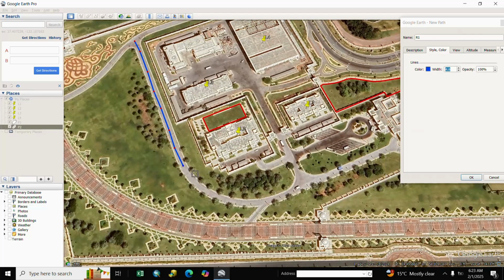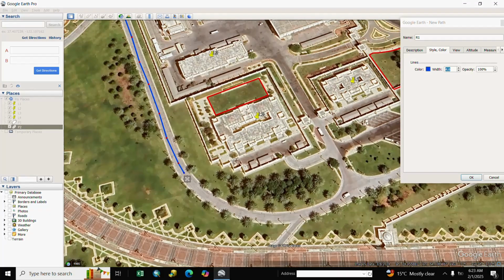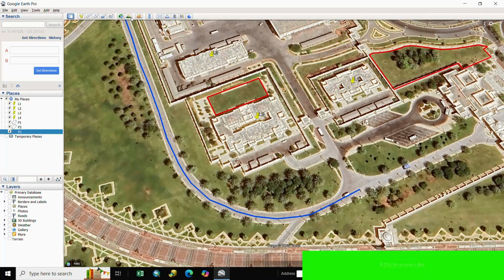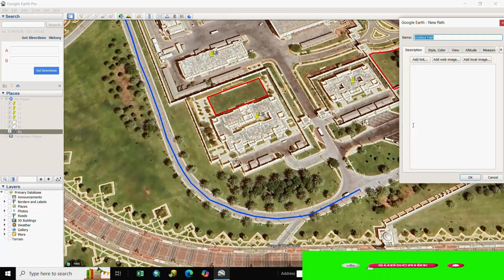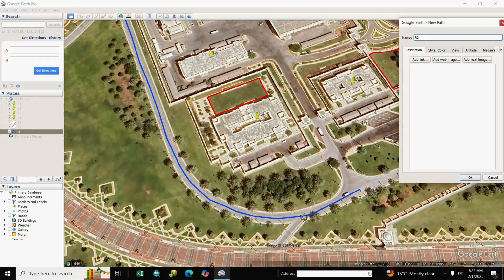You use the arrow buttons for up, down, left and right. We close it, OK. Next we take R2 and we start, we adjust it,